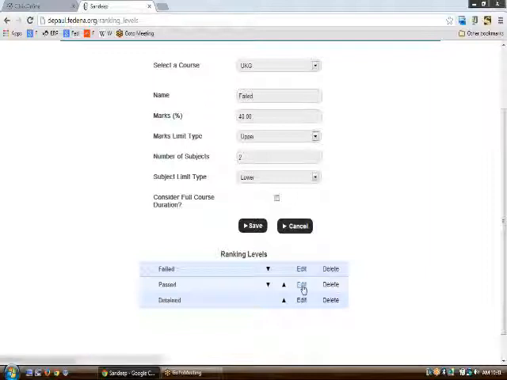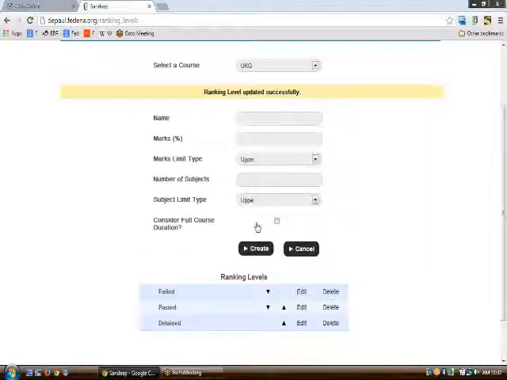Similarly, for the passed students, on seeing the ranking level passed, for this particular course every student who has scored at least 40 marks in a minimum of 4 subjects would be classified as passed. So this is how the ranking levels are to be done.